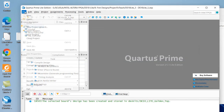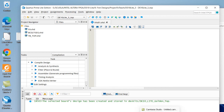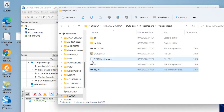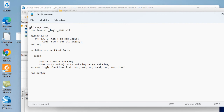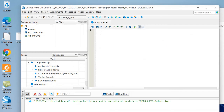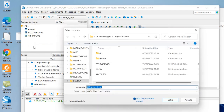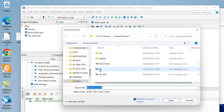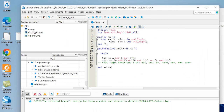Okay, we can also create the file from new. So if you want to create a new HDL design file, you can go here. I show it as an example. And for instance, if you have your HDL file already available, you can just copy it here, Ctrl+C, copy and paste here. And then you can save it with the name that you want to give to the project. So, for instance, I overwrite the original file, yes, and it